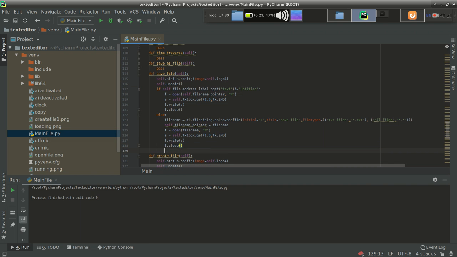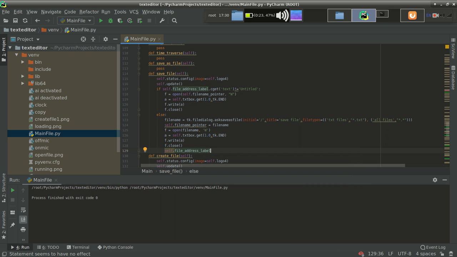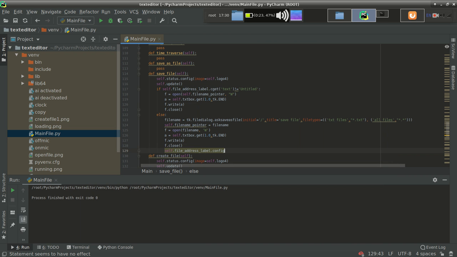So we have to change the name of the address label. How will we do that? Let's see. If you remember, we have given the name file name address to that label, and now I am changing its value, so I will use config. That config text should be, I can use any one of these.